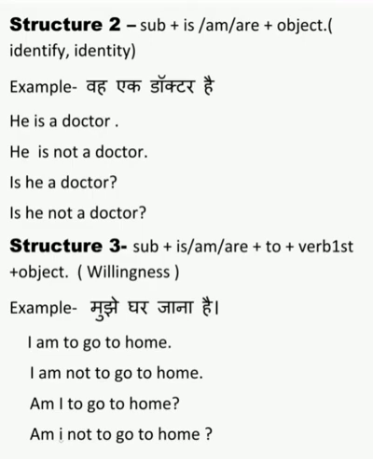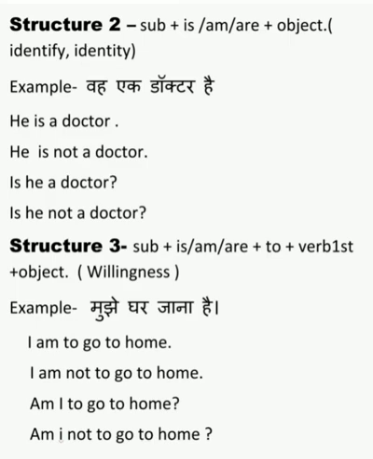Is, am, are: is is all about singular, am is all about I, are is all about plural. Whenever we have is, we will use it only with a singular subject. When we have am, it will always be used with I, and when we have are, it will always be used with plural subjects. Here we can see he is singular, so: he is a doctor. We made this sentence. He is not a doctor, negative. Is he a doctor, question mark. Is he not a doctor, interrogative. Just like this we can make these sentences.